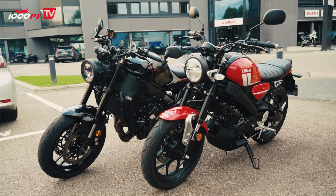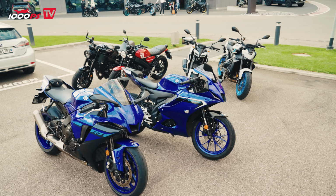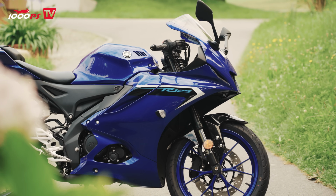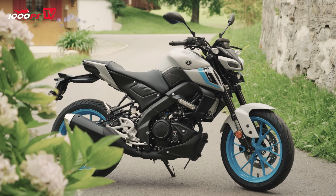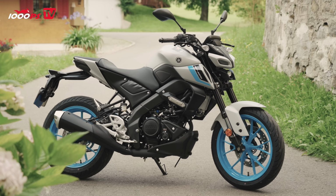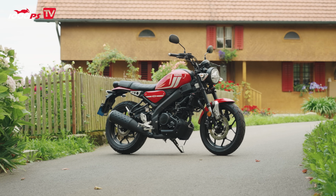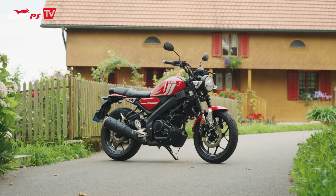And you've got to say, when you're a beginner getting into motorcycling, it's always cool if passers-by maybe have to look twice and think, what bike is that then? Is it the big one or the small one? That's already cool. Other than that, all of them have the 125 cubic centimeter single cylinder engine fitted, which puts